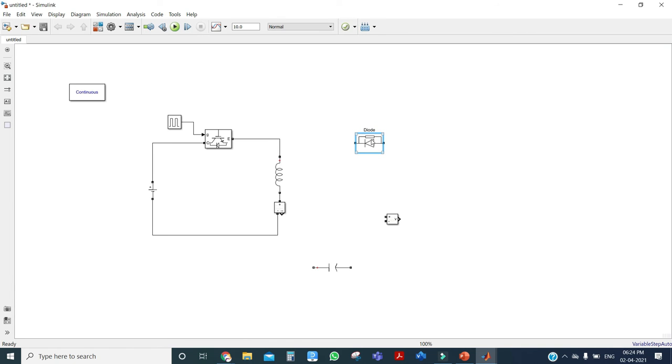Diode should be like this. And the capacitor also we can just connect as per the circuit diagram.